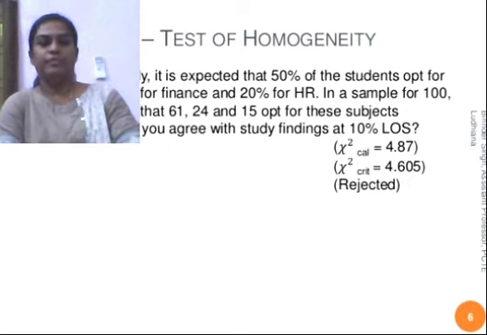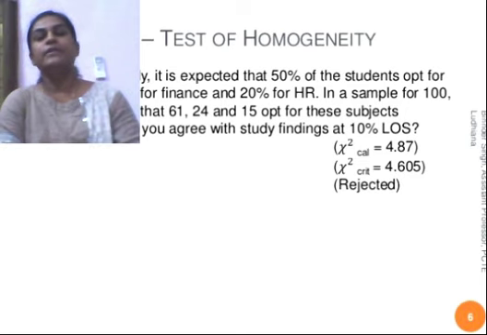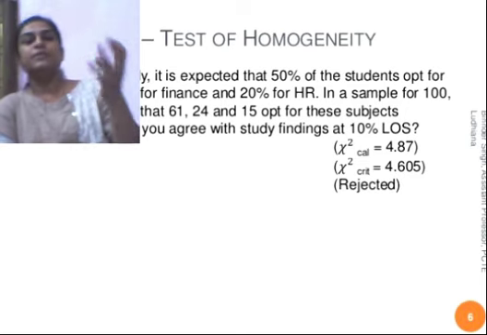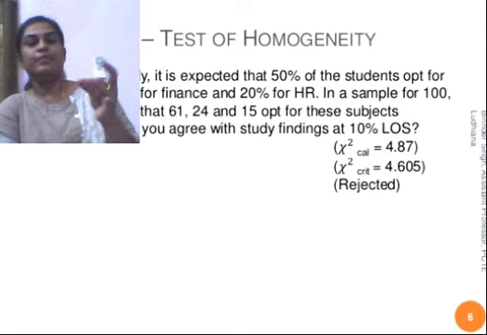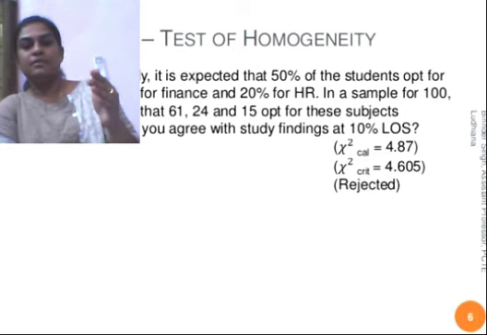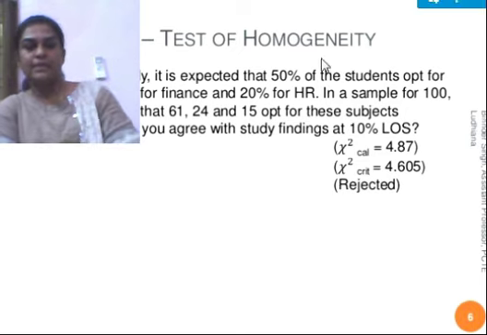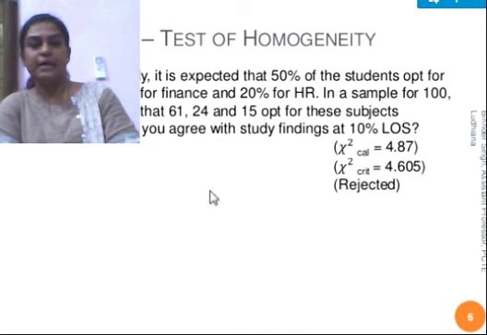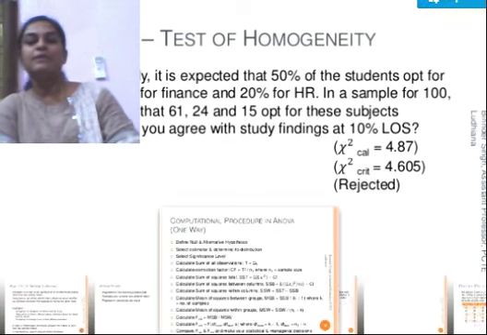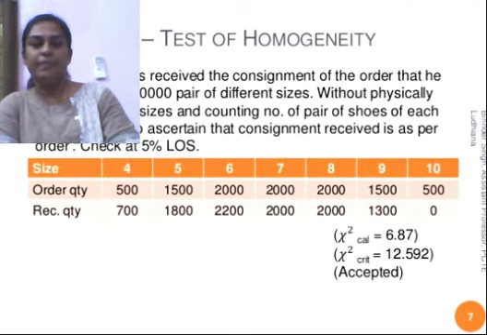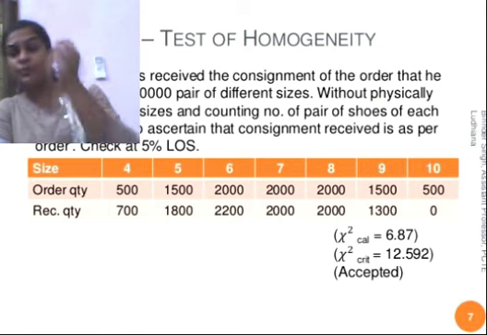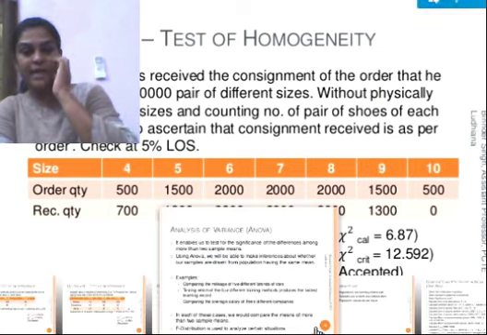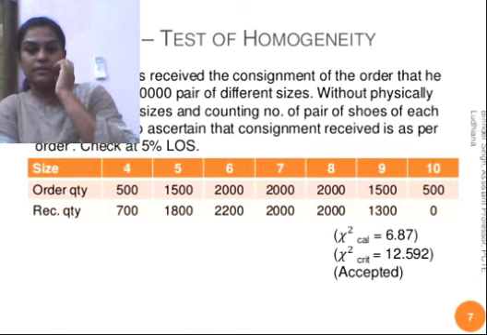So in this chi-square test, as I told you, there is the test of homogeneity and the test of independence. The first one, the test of homogeneity, has been rejected as per the data. Like this, we have to test homogeneity, that is the similarities between the groups. Next is the chi-square test of homogeneity, and here also, let me tell you how it is accepted or rejected.